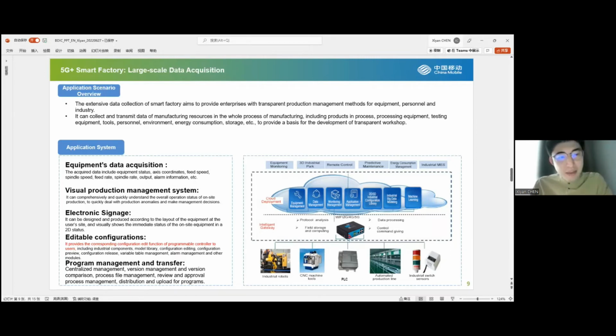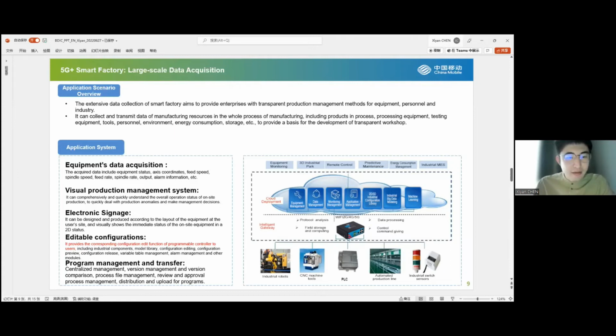So the application system for the data connection contains five stages. The first is the equipment data acquisition. So we use the sensors to acquire the data from the process. And also we put those data into visual production management systems. And basically those visual production management systems are on-site, and can quickly deal with the production process and make the management